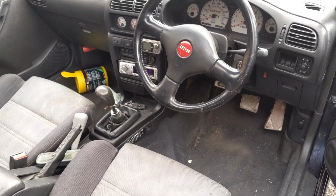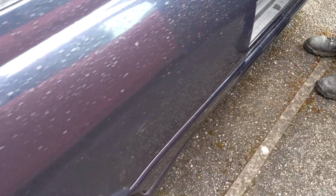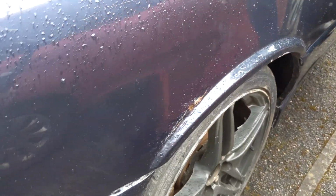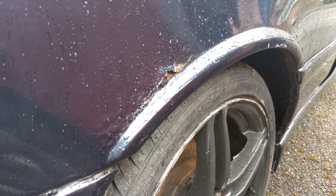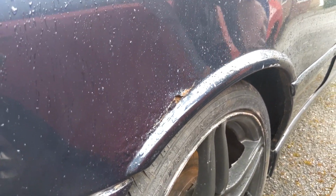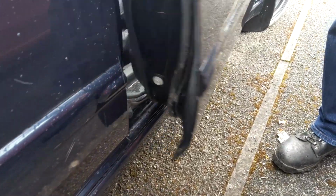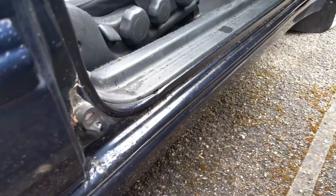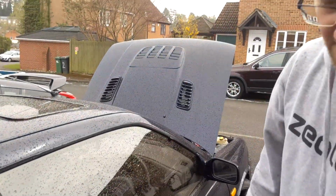Yeah, and really important on these, there's no rust apart from a tiny little bit. We've taken off all the carpet and it looks all right. It's just this little tiny bit on the rear arch that probably does go all the way through. Oh, it absolutely goes all the way through. Exactly. But in the grand scheme of things, this is nothing. There was a little bit down here as well, wasn't there, if you open the door? Yeah, just down the bottom. So there's a little bit there, but that is actually it, which on these cars is incredibly rare. Yeah, we've had a look underneath and it is